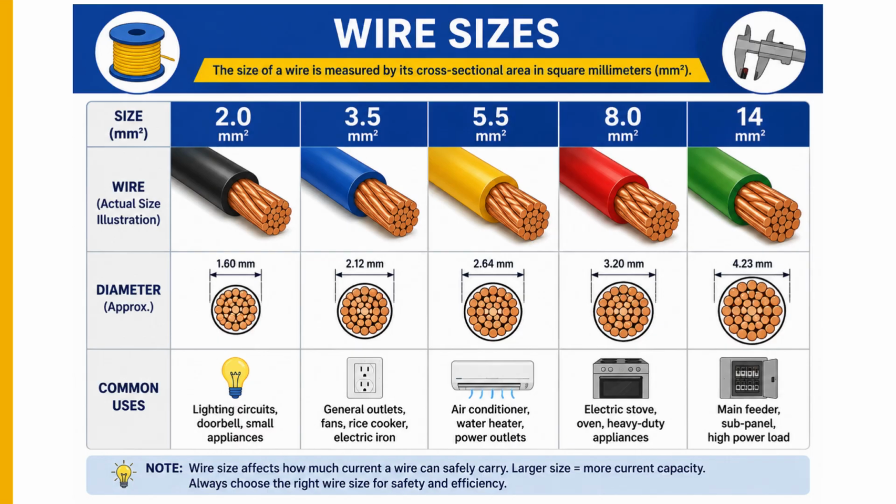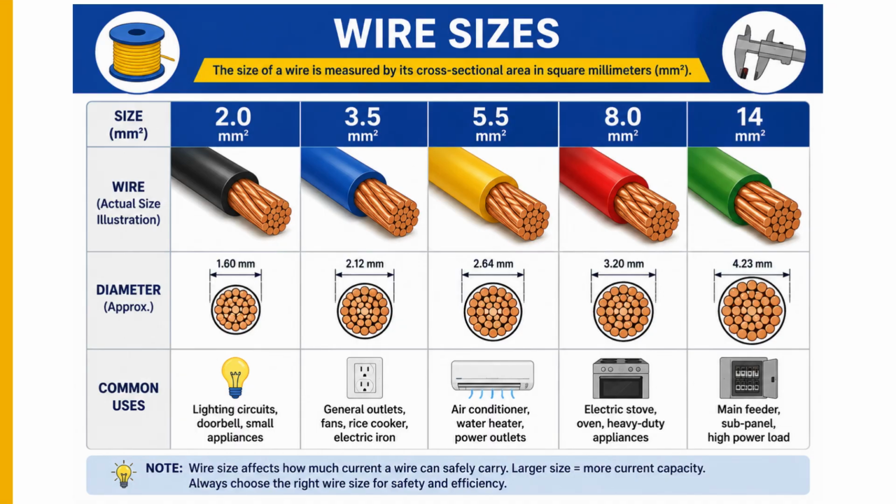Let's look at each one. 2.0 square millimeters. This wire is commonly used for lighting circuits and is protected by a 15 ampere circuit breaker. 3.5 square millimeters. This size is commonly used for convenience outlets and is protected by a 20 ampere circuit breaker. 5.5 square millimeters. This wire is suitable for air conditioners and refrigerators and is commonly protected by a 30 ampere